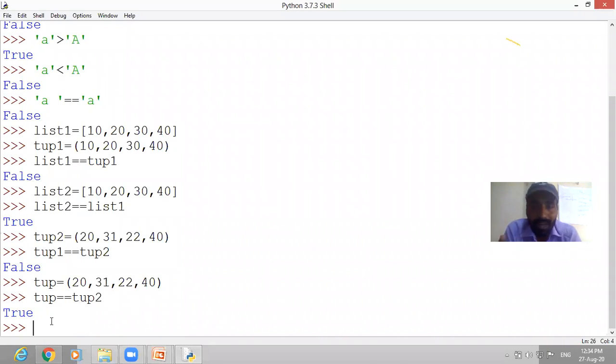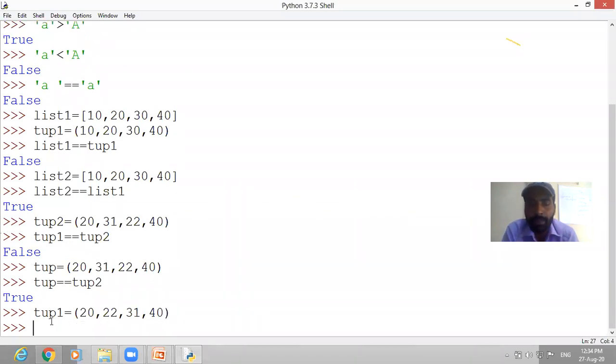One more thing: if you put the same values but in a different order, what will happen? Let me create that also. Tuple 1 equal to the same values, 20, comma, now I am changing the order only, 30, 22, comma, 31, comma, 40. I have changed the order of two values.